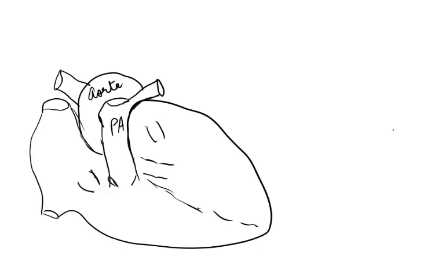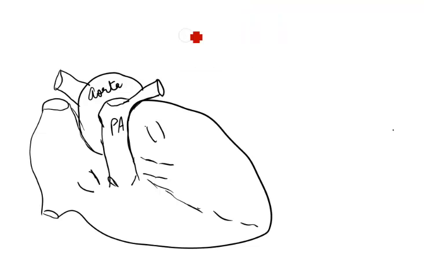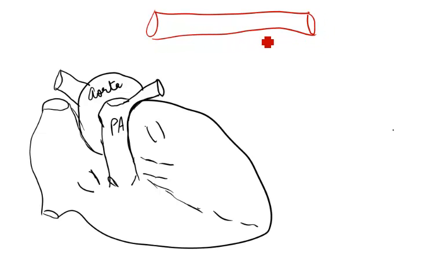So let's compare the concept of flow of blood through the chambers of the heart to something like a plumbing pipe, that PVC pipe that you use in your house. So imagine that there is a pipe like that which has a blockage in this area and the flow of water is this way. Now if this blockage gets big and large, what will happen is it's going to make it